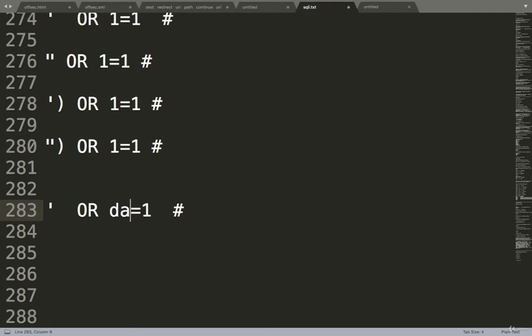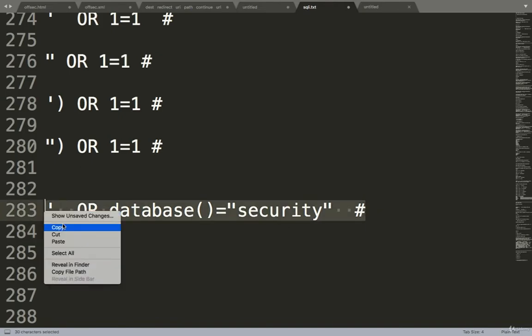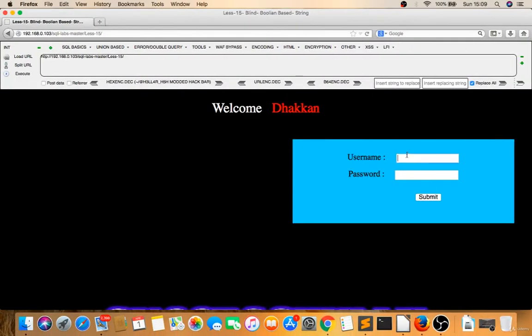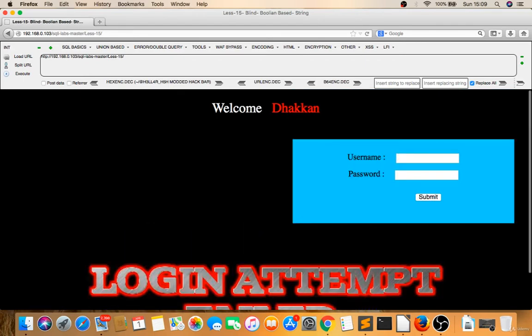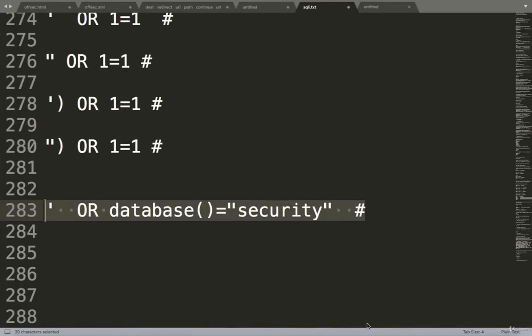Very simple. We got to know that this is working. So I'll give the database function, and then I will give the database name, security. See this now, if I'm trying this, successfully logged in, that means the database name is security. If I give something wrong here, let's say ABCD, login fail, that means ABCD is not the database.